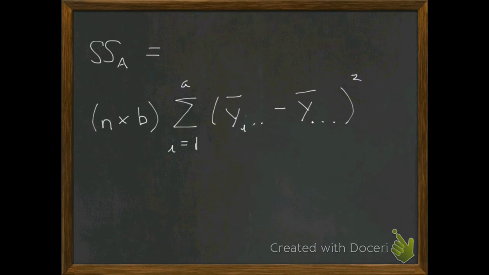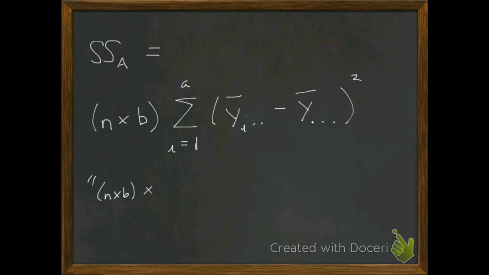Now, this stuff right here just says we're going to let I, again, run from 1 to A, but we're going to hold the J and the K constant, so they're not going to vary in our calculations. But at the end of the day, what this really tells us is we're just taking N times B